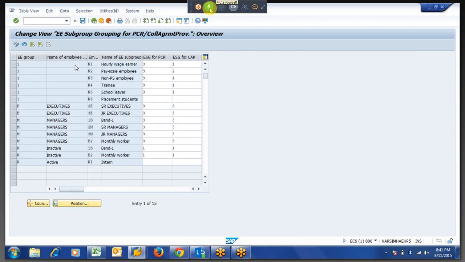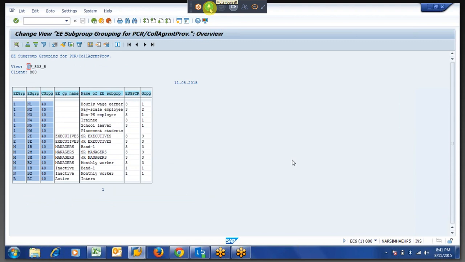This is the table you want to note, the general configuration table. We mandatorily have to do this. If we didn't do this, you won't get any output for the normal run also.